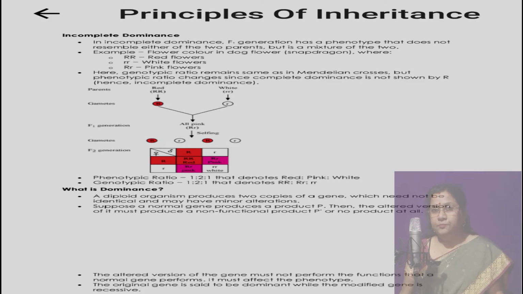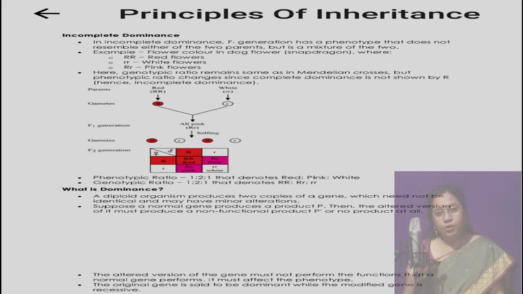Hello everyone. Today in this session for class 12 genetics, I am going to deal with Mendel's deviations from the monohybrid cross, that is incomplete dominance. Incomplete dominance is the phenomenon seen in the F1 hybrid where the plants like Mirabilis jalapa or snapdragon flower, where